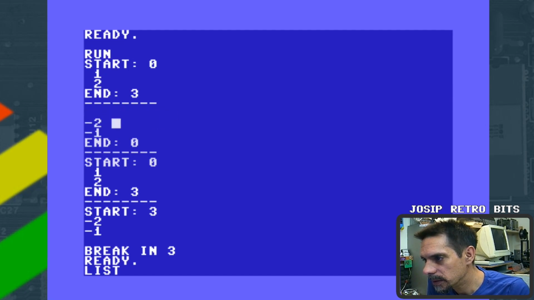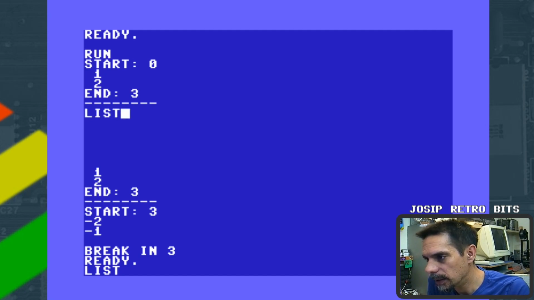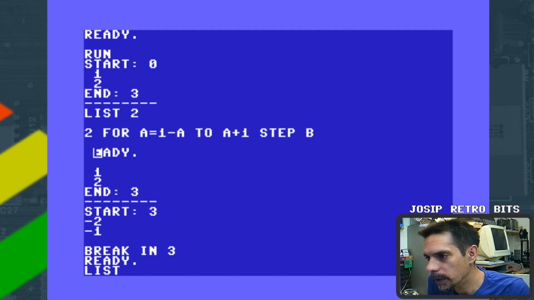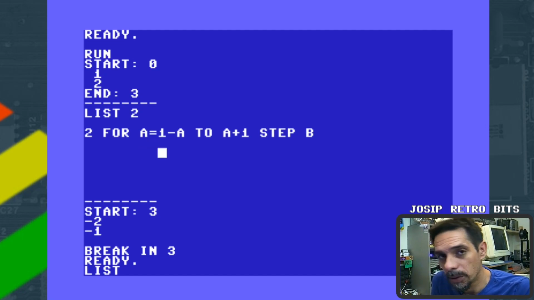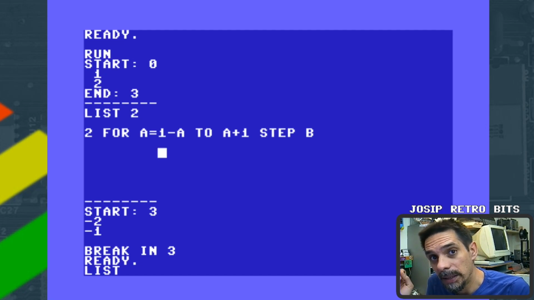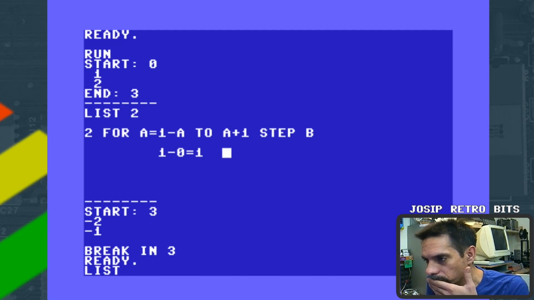Let me clear this, and what I want to do is list, I believe it was line 3, no, line 2. Okay, line 2 is the one that we need. So we are starting when our variable a has value of 0. So this first parameter, so the start value, should be 1 minus a, or 1 minus 0, and that should give us 1. Now our end value should be a plus 1 or 0 plus 1, which should give us also